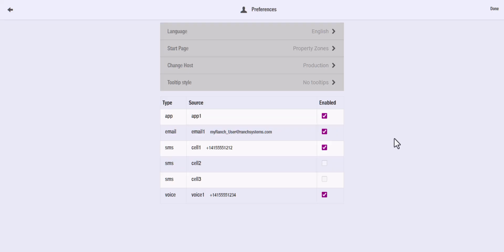Finally, we have your alert preferences. myRanch includes multiple predefined alerts such as property health and equipment status, as well as alerts that are defined specifically for your property such as frost alerts. When you subscribe to these, they'll be sent using the options you've selected. You just simply click to select, deselect as desired,